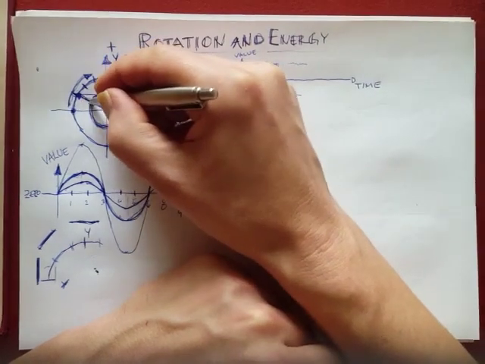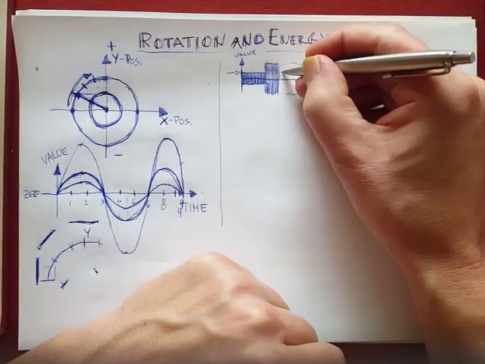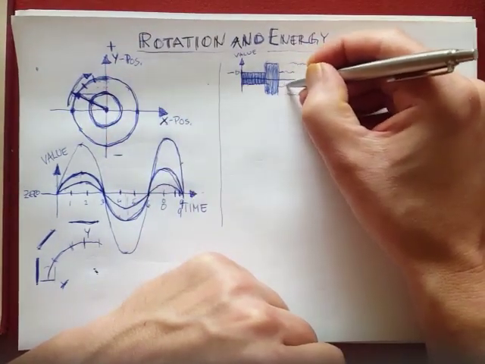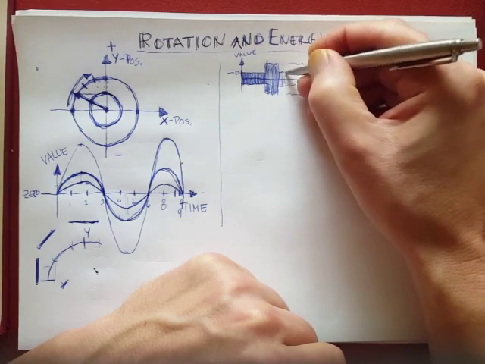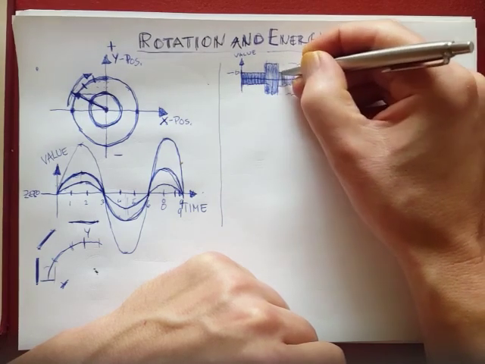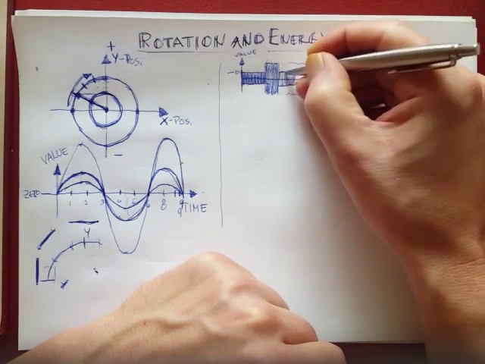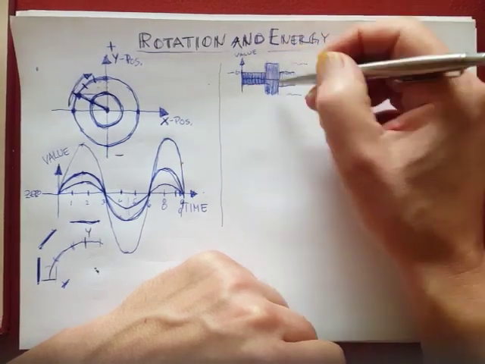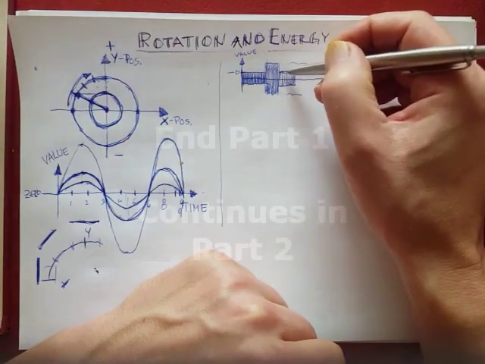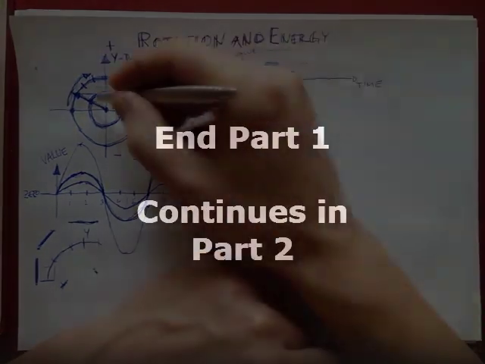Then maybe it jumps back down here again. Then it will look like this. My point is the value can change. Okay? And this handle